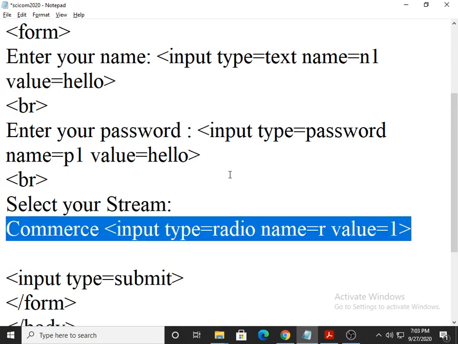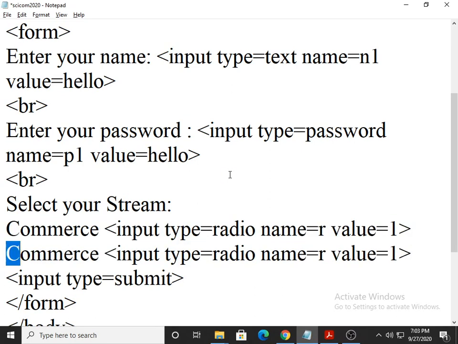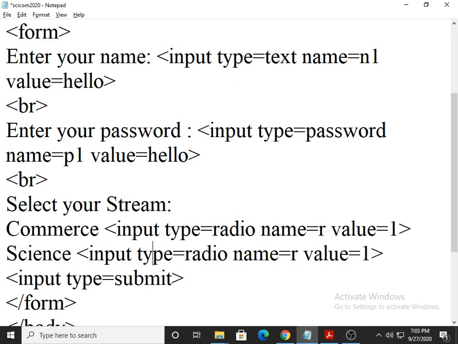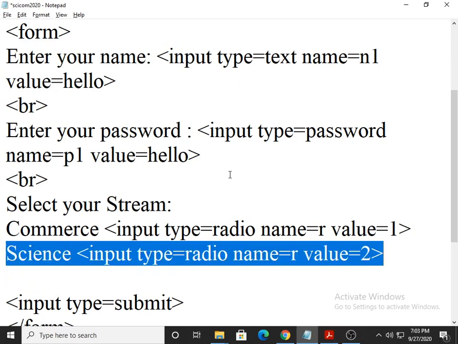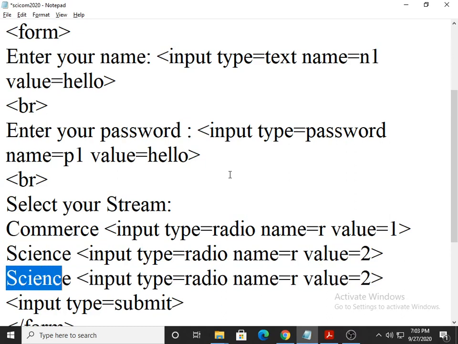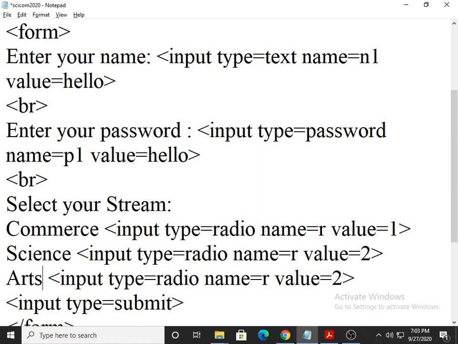Then I create one more, that is science, value is equal to 2, and then I go for the third one, and that is arts, and value is equal to 3.